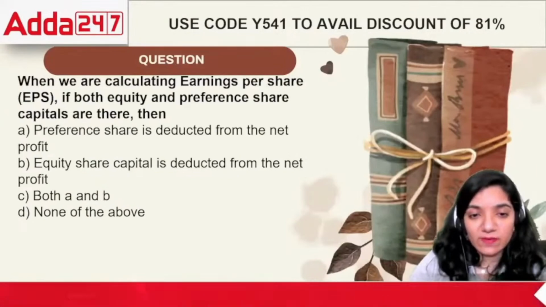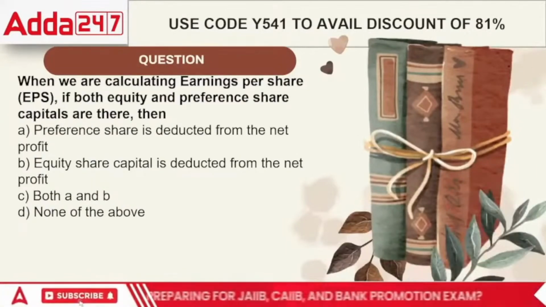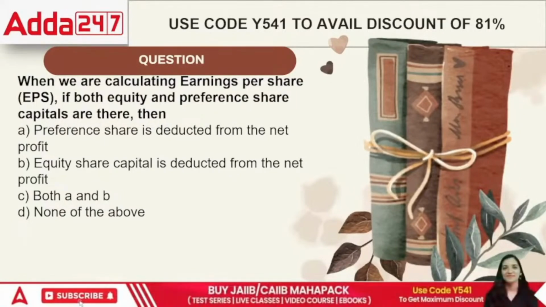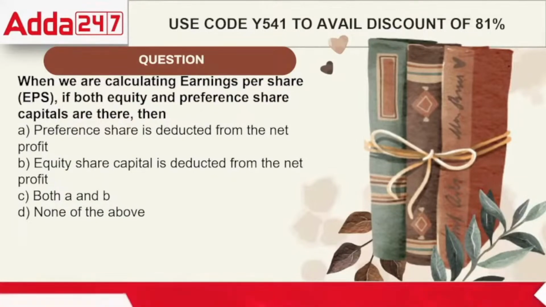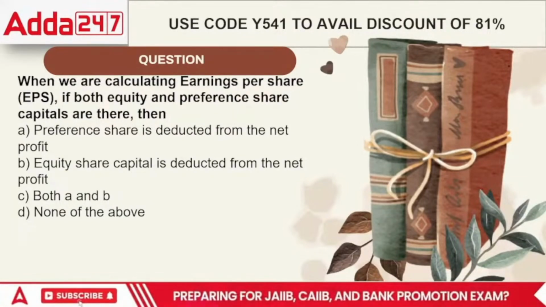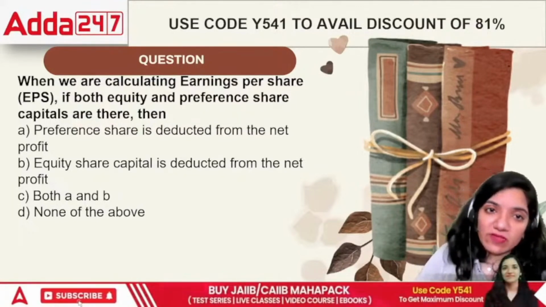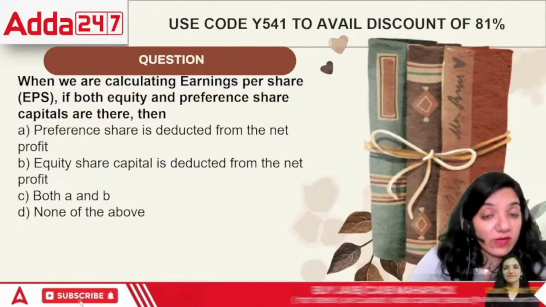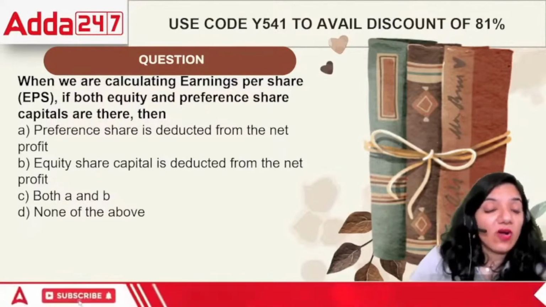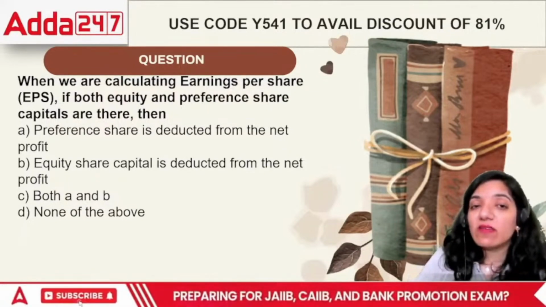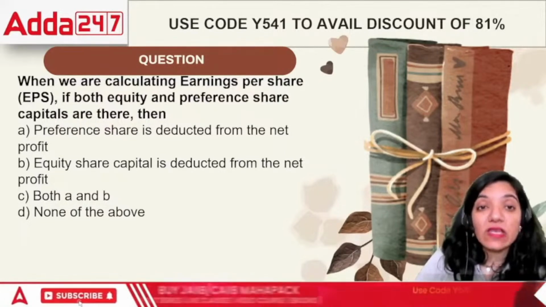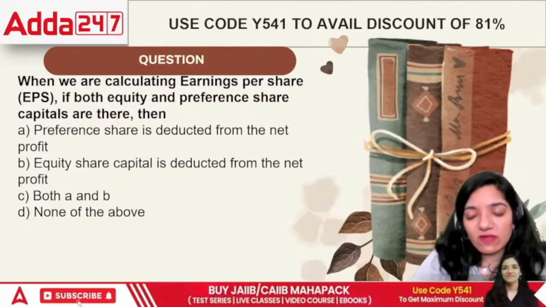Next question, everyone. Next question says, when we are calculating earning per share, both equity and preference shares are there. Then preference share is deducted from NP, equity is deducted from NP, or both A and B, or none of the above. Technically, when we are trying to find EPS, if both equity and preference are there,